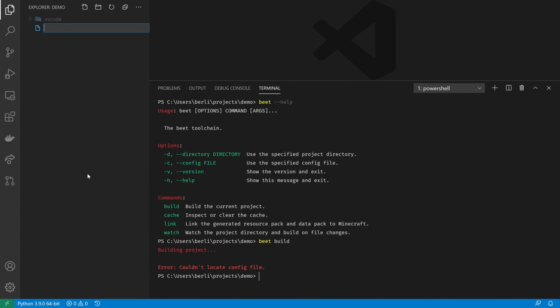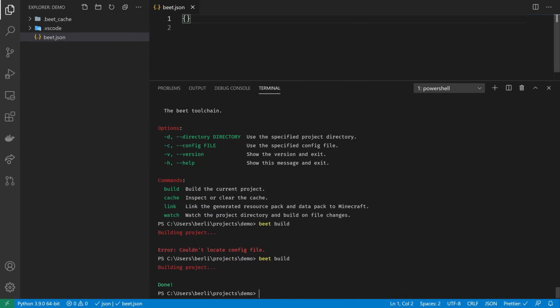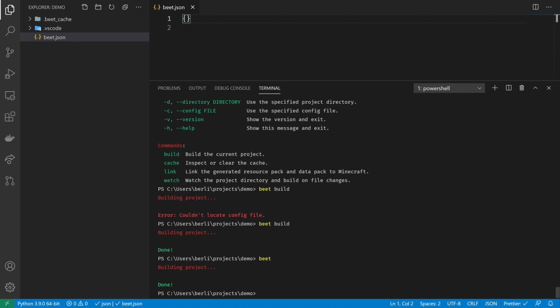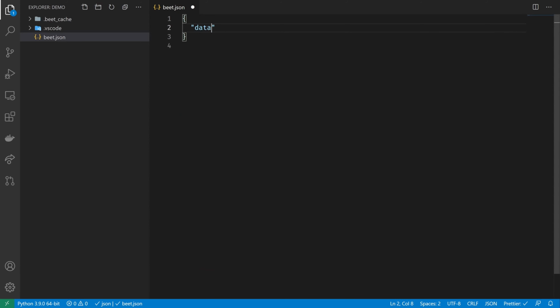I'm going to create an empty beet.json, just like this, and now the command succeeds. This might seem a bit surprising, but this is because an empty configuration is still a valid configuration, because behind the scenes, it only sets up an empty build pipeline that does nothing. Anyway, it's worth mentioning that if you don't specify any kind of subcommand, the build command will be invoked by default. I'm going to set up a very simple data pack by loading it from the src folder,